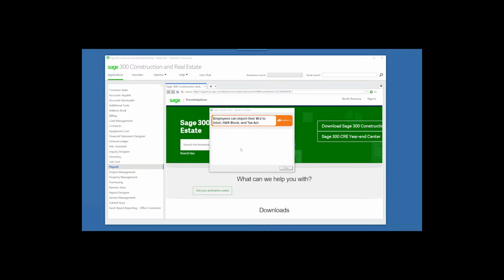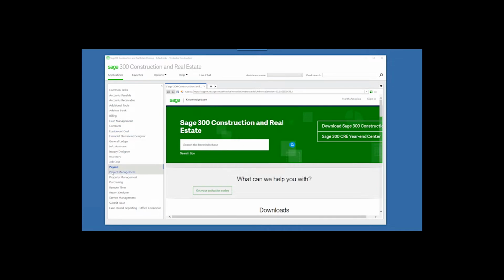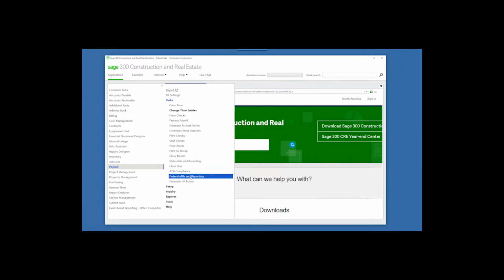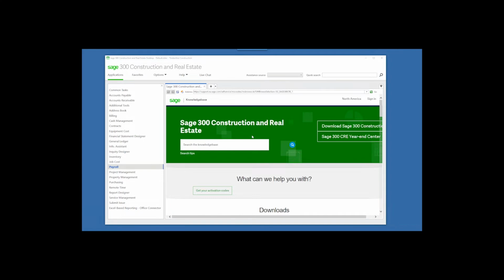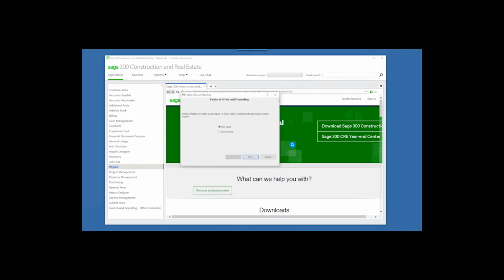Okay, it's finished. So once it's finished updating, you have to go back to Payroll and begin it again, Federal e-file and reporting. So it makes you start it over again. If you're not the person who filed last year and you don't have the logon, you might want to try to figure that out too. So I'm going to start a new report,